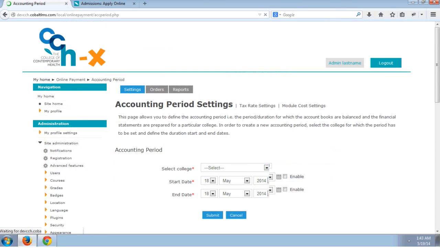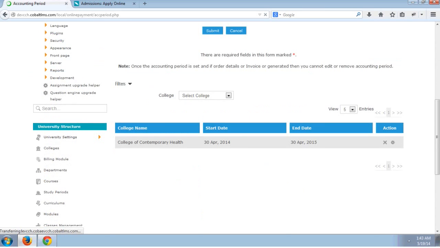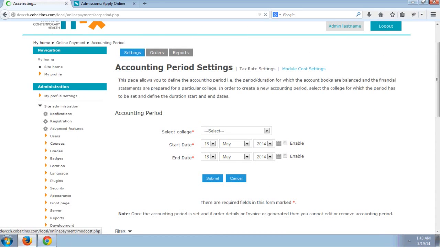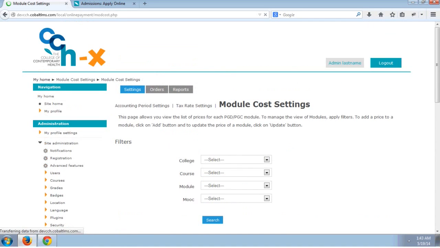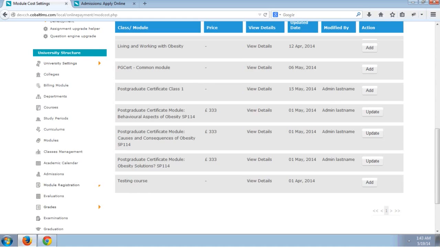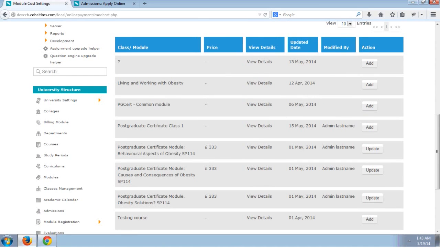I can put a dollar value or a pound value to a particular class also, or module. Cost settings I can go to, and I can put a cost to each class. So once I put a cost to each class, the student has to pay that amount to get access to the class. So here, about testing courses, now I can go to one of the classes,